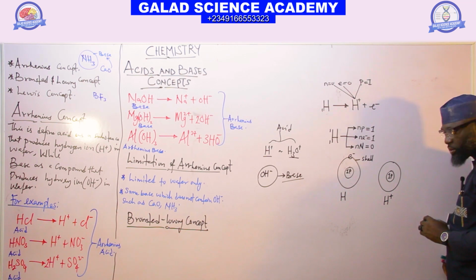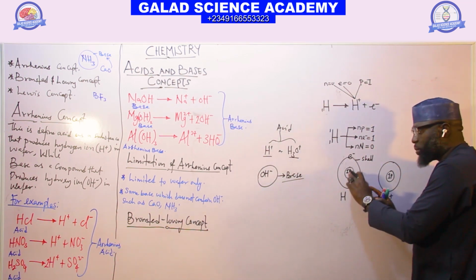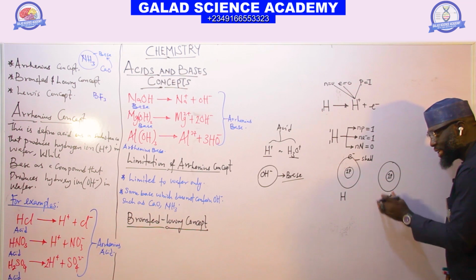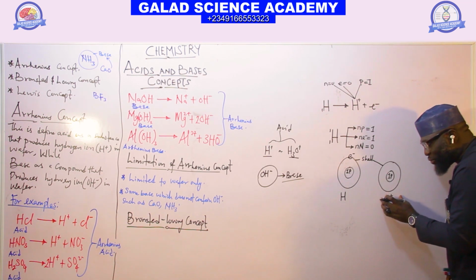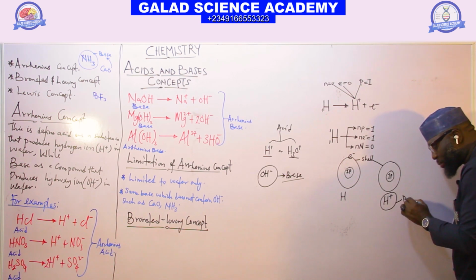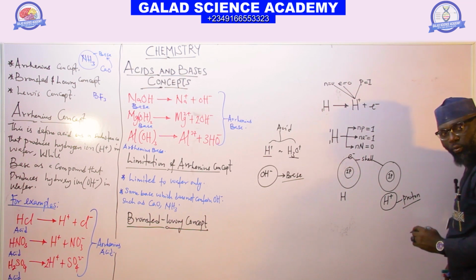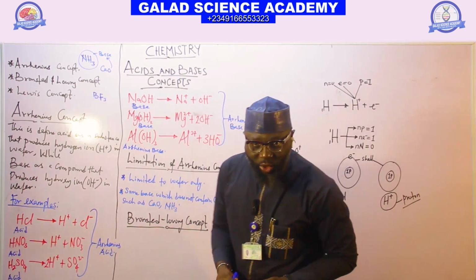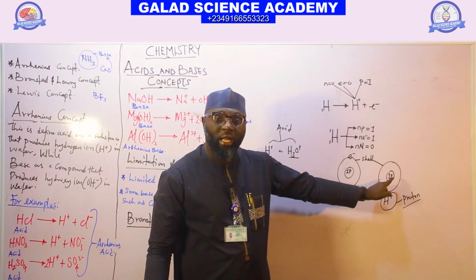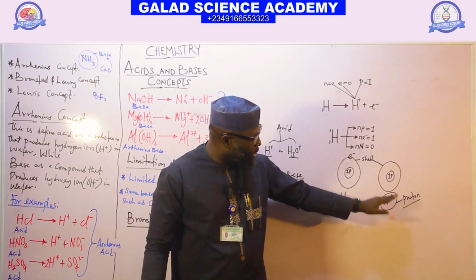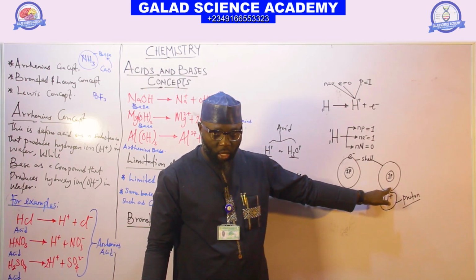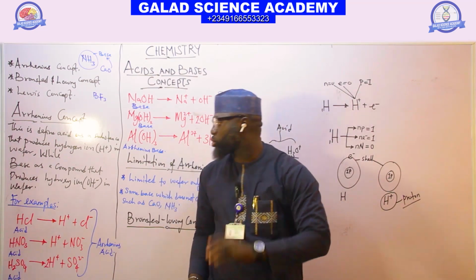This is H plus. This is the structure of the hydrogen atom: 1 proton, 1 electron. When it loses this electron, it will become this. Therefore, we use this hydrogen ion to represent a proton, because H plus has no electron and no neutron. What is left inside is 1 proton. So in chemistry, we assume that H plus represents a proton. If you agree with this, let me now go to